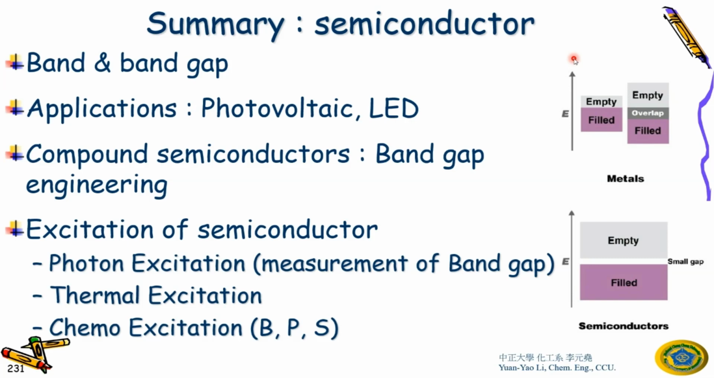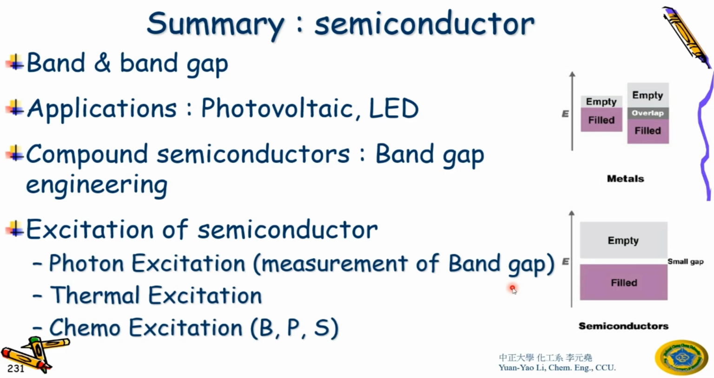Right. Okay, so let me summarize the semiconductor. First of all, you need to know band. Of course, you know the band when you learn magnetic bond. And because of semiconductor, you learn another term called band gap, right? This is band, and this is called band gap. Okay. For applications,